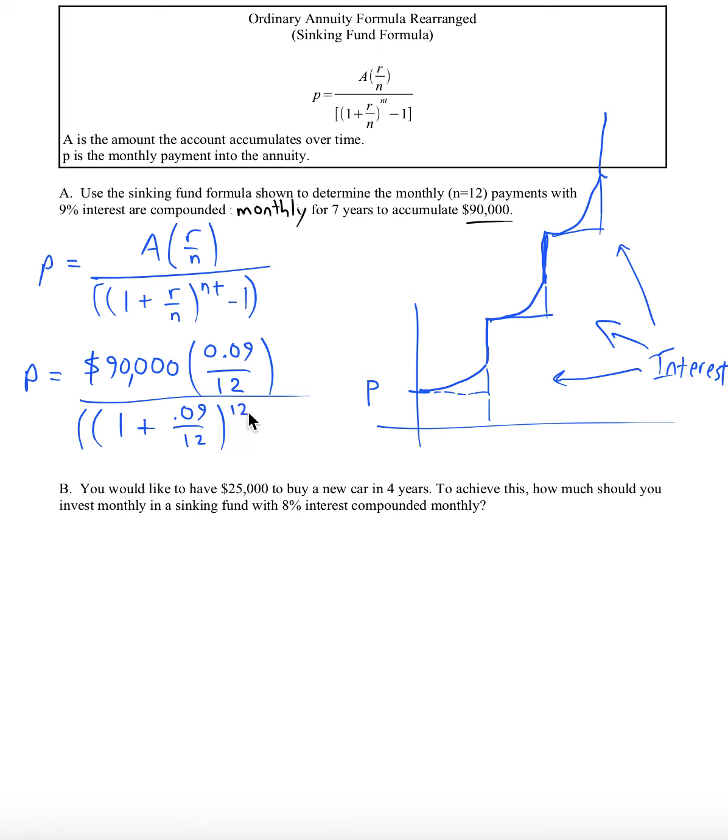Raise that to the 12 times 7 because it's 7 years. Okay, and that's what we have to punch into our calculator. It should look like this, and I get